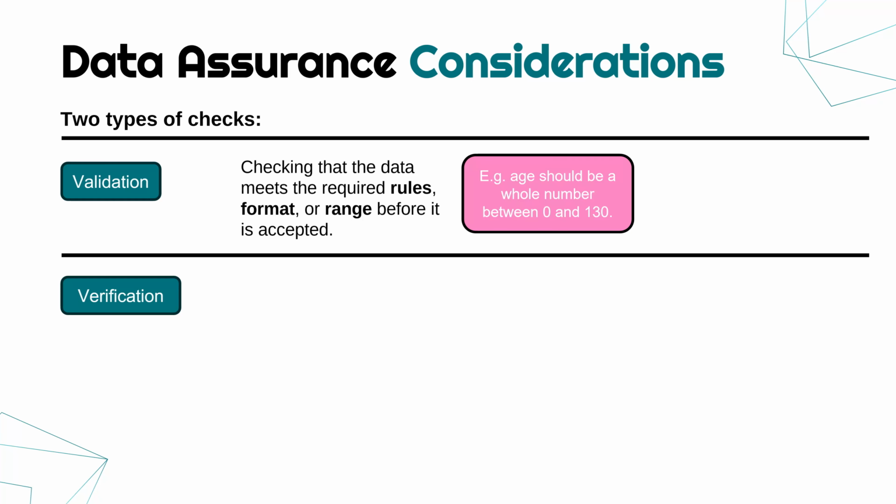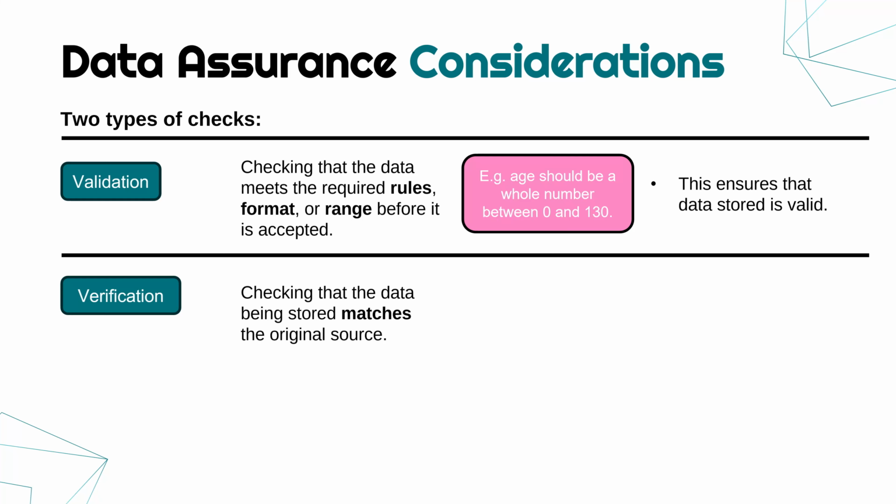So for example, if I'm asking the user to enter an age, it should be a whole number. It shouldn't be a fractional number, and it should be probably between 0 and 130. An invalid age would be -5 or hello or 200. And we do validation to make sure we're not actually saving any invalid ages before we move on. So we are there to ensure the data stored is valid. If someone typed in -20 as their age and I just stored it, that's going to lead to some invalid analysis later because that's not a valid age.